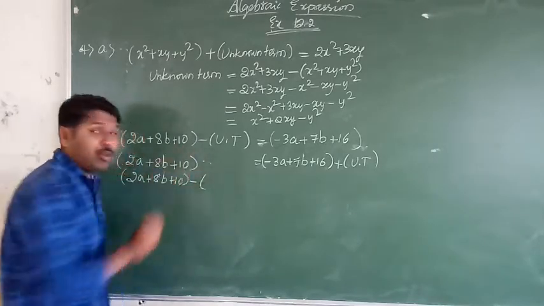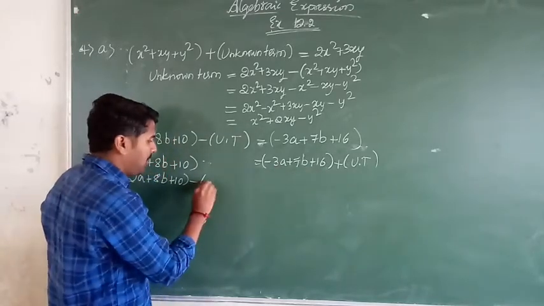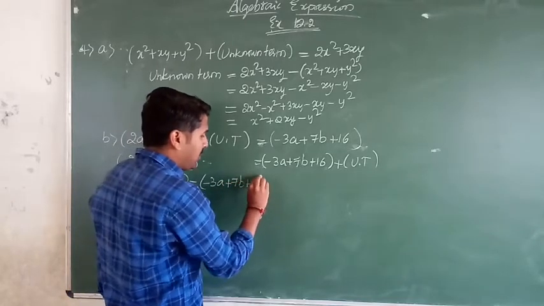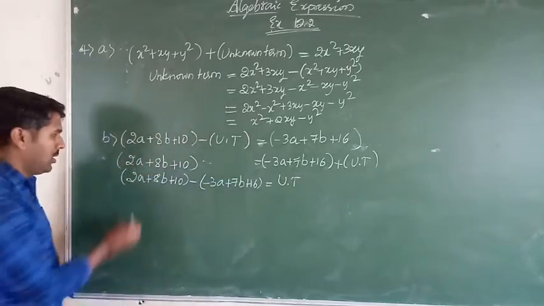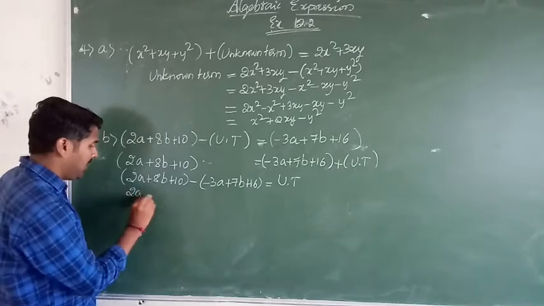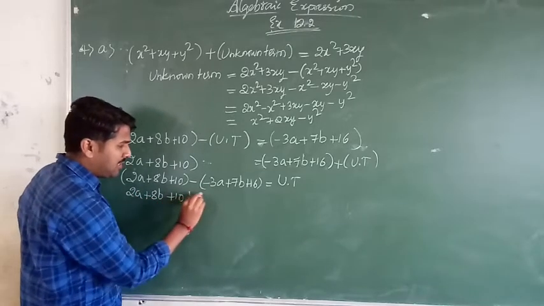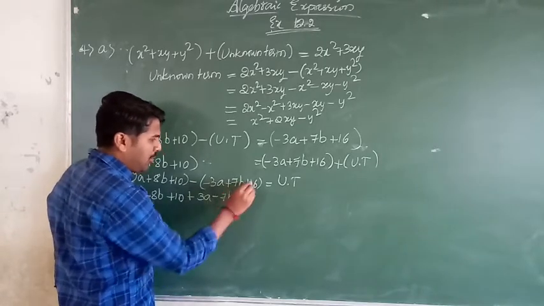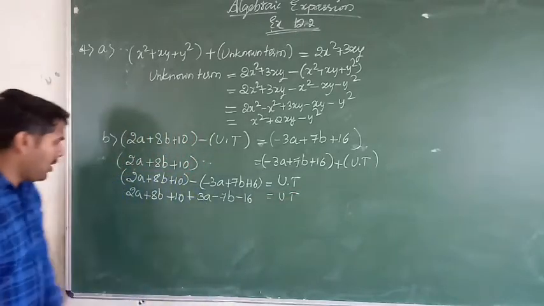Write down the term as it is, minus 3a plus 7b plus 16 equals the unknown term. Now subtract. First multiply the minus sign: 2a plus 8b plus 10, minus into minus plus 3a, minus into plus minus 7b, minus into plus minus 16 equals the unknown term. So now here 2a